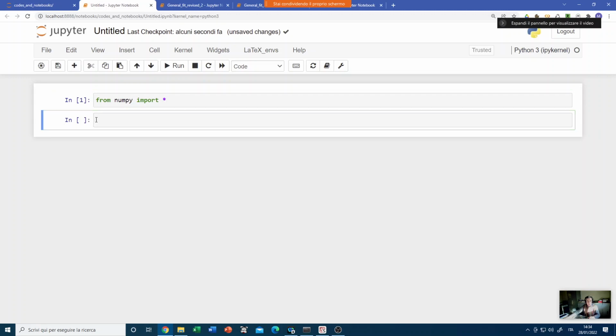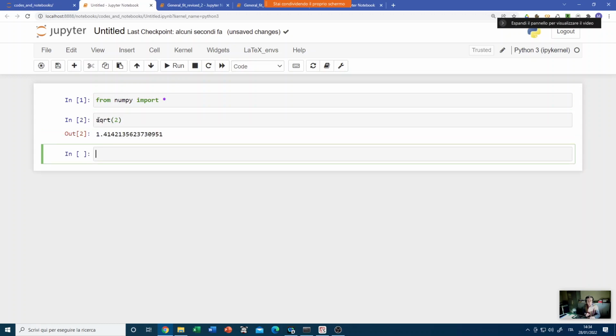Now imagine that you want to compute the square root of a number. In this case, you will write sqrt and the number, for instance, 2. It works. Okay, but what am I using here, the square root function from numpy or the square root function from